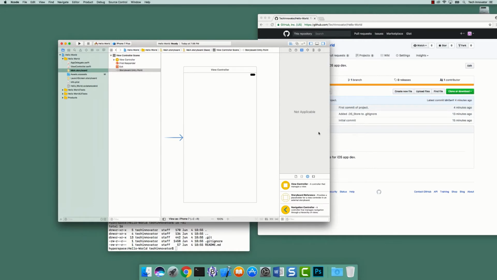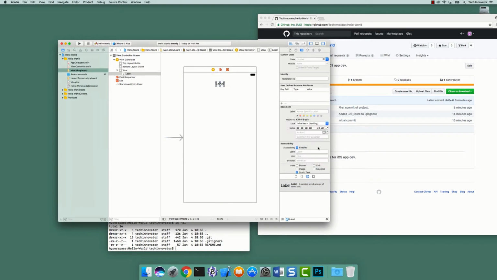So with the right panel open, you can open it over here, and with the object library icon selected, we want to find a label. So we take the label and we drag it, and as you move it around, you'll see there's a blue line that appears. What I want to do is just drag the label in so that I have this vertical blue line, which says that I'm going to drop it at a location where it is horizontally centered, and it's some distance kind of down from the bottom. So that label is